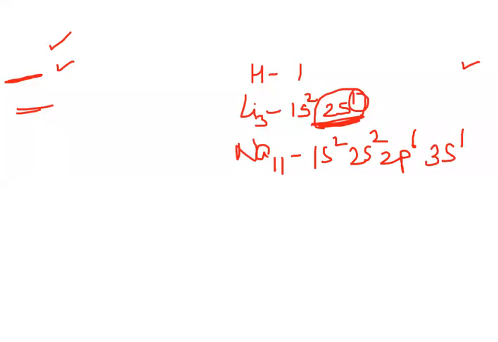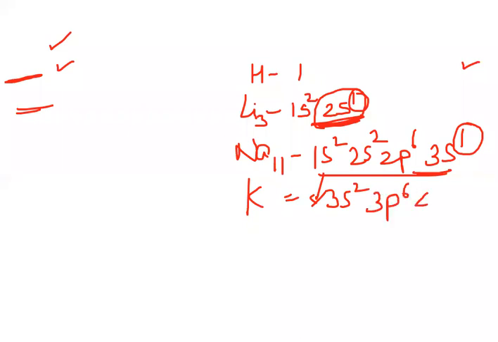So, third period, because which shell is being filled up? The third shell. So the element belongs to the third period, and you have one valence electron, so it belongs to the first group. All these elements follow the same pattern. When you come to potassium, the configuration is like this till here, then you have 3s2, 3p6, and then 4s1. So again, it is in the fourth period and it has one valence electron, so it is in the first group. This is how the elements of the first group have one electron in their outermost shell.